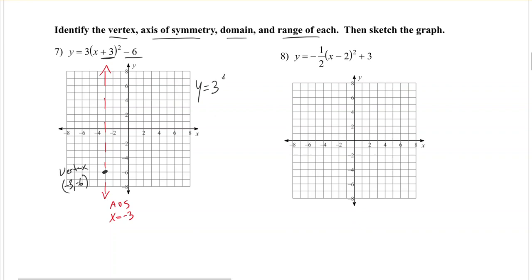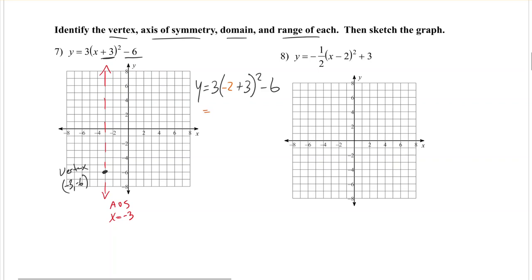Y equals 3 times the quantity x plus 3 squared minus 6, and we're going to substitute in, oops, not a 3, let's substitute in a -2, we're just working 1 unit to the right. So substitute in a -2, -2 plus 3 makes 1, 1 squared makes 1, 1 times 3 makes,